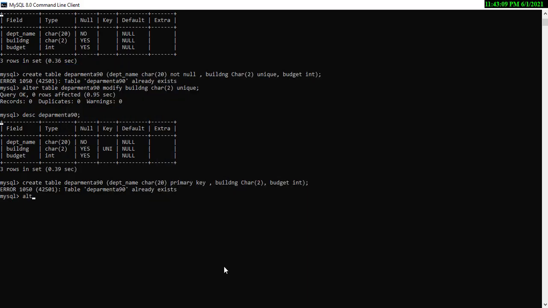Let us try to see this. Alter table name is department A90 and add primary key, and in brackets you should type the column on which the primary key is to be given. Now you can see that the primary key is getting applied.